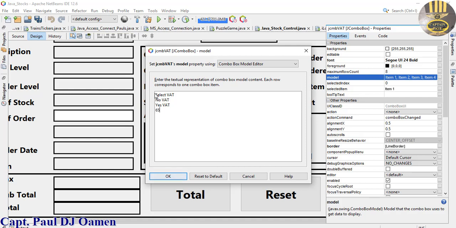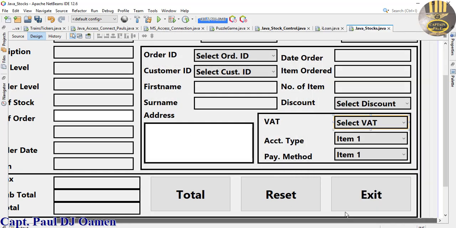$65 plus. No VAT. Okay. Now click on OK. Now the last one here